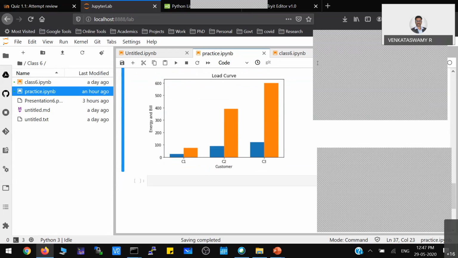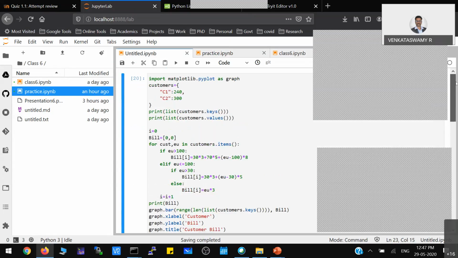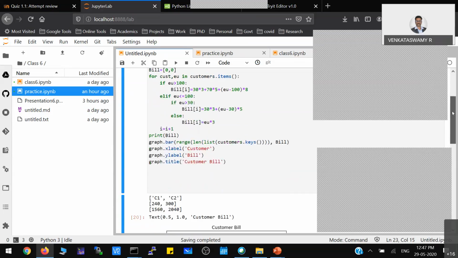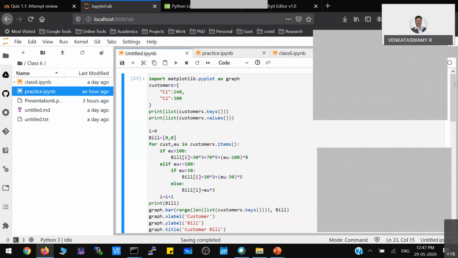Now, what are the things we learned in this particular class? We learned about the dictionary variable and how to access it, and also how to cast that dictionary variable to a list. We also understood some more things about the for loop. Most importantly, we learned how to generate a graph, a line graph or a bar graph.